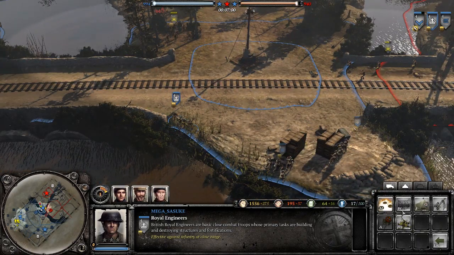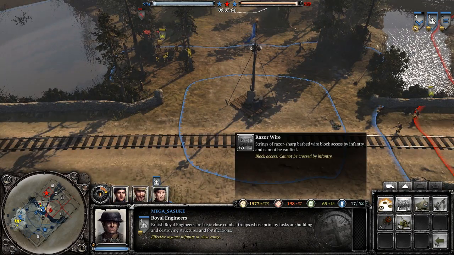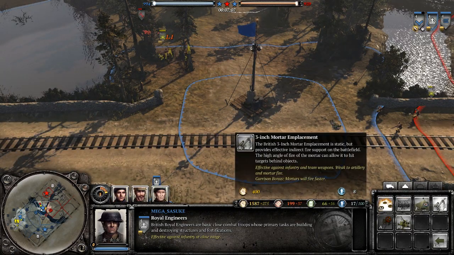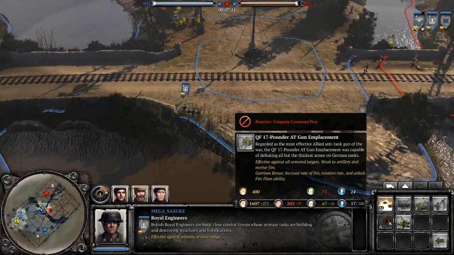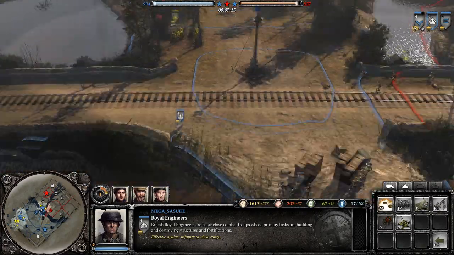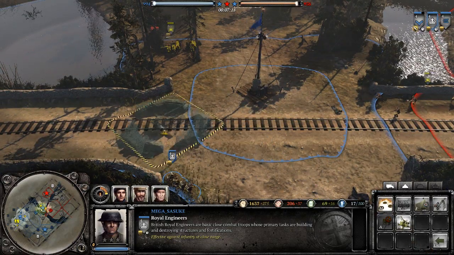Now we've got our engineers, we can build all these different emplacements. So we've got all these defensive positions, we've got mines, razor wire, fort assembly, mortar pits, Bofors, and then eventually you can get a giant anti-tank gun, but we'll worry about that later, it's not important. So what we want to do now with that Bofors upgrade, we can build this thing. Now this is obviously what I was alluding to before,